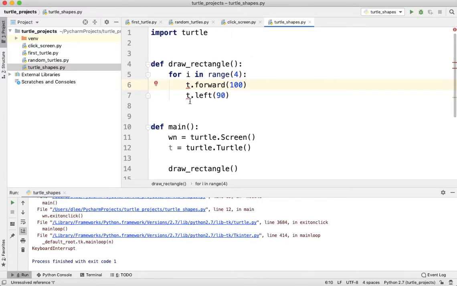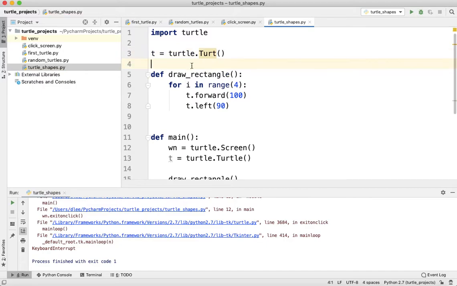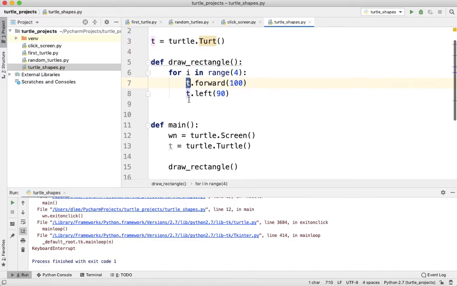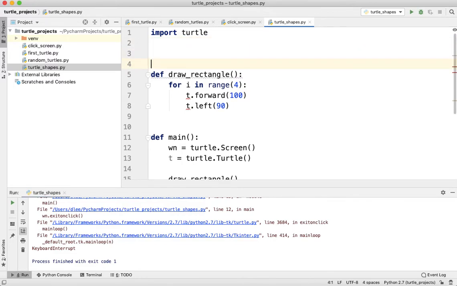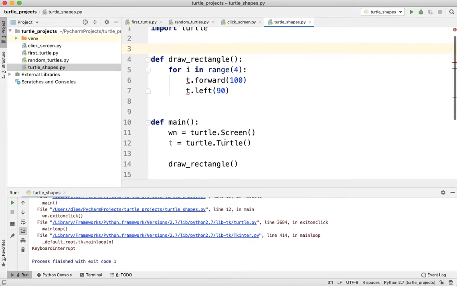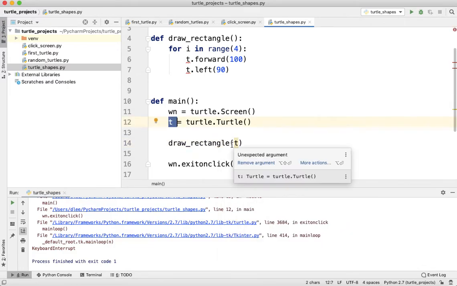So we have a choice here. We can either make t global, right? t = turtle.Turtle(), and then it doesn't turn red anymore because now it does exist. But like I said before, global variables are seen as something that you shouldn't use if you don't need to, right? And in this case, we really don't need to. Instead, what we can do is pass the turtle variable, the t variable that contains the turtle,